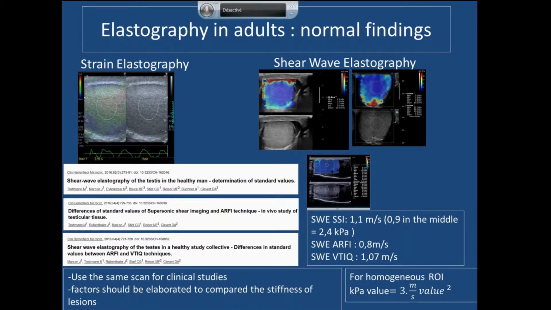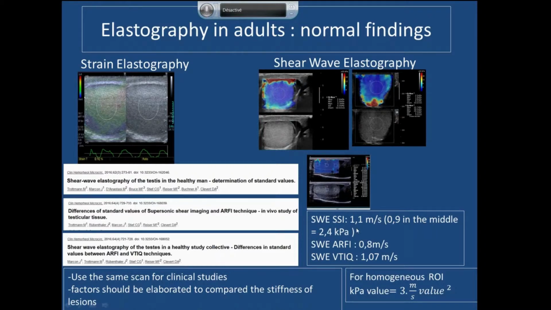The mean stiffness with shear elastography in the middle of the testis is about 2.4 kilopascal, which corresponds to 0.9 meter per second for the speed. And there are some discrepancies between the upper, the middle, or the lower pole of the testis according to Trottmann and Marcon results. There are also some differences